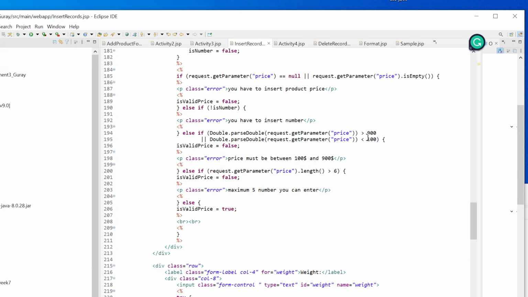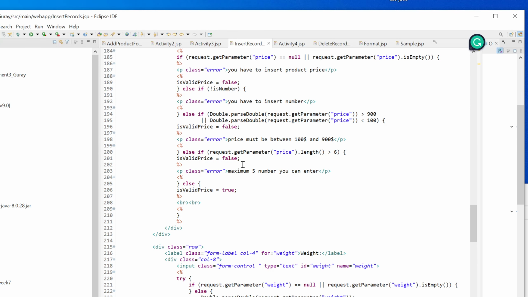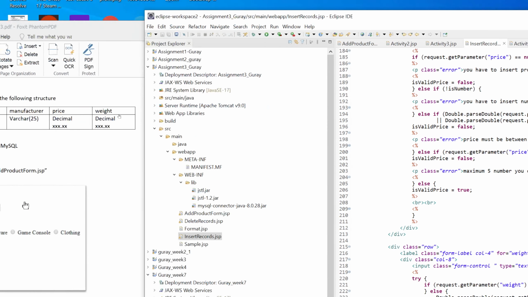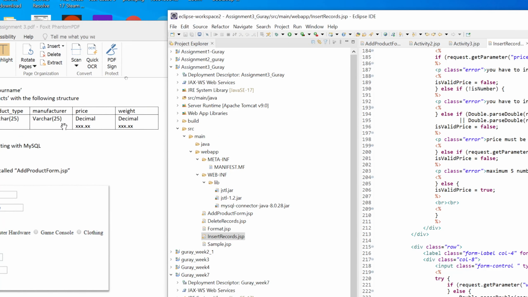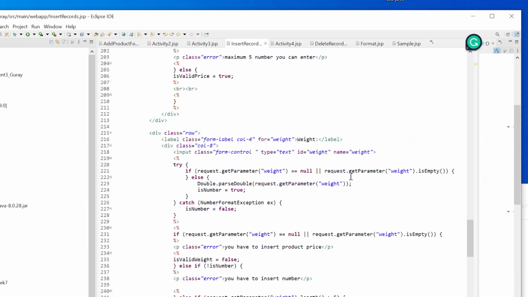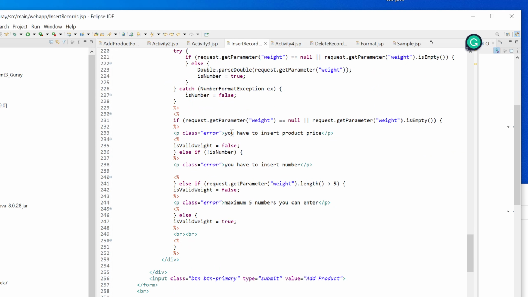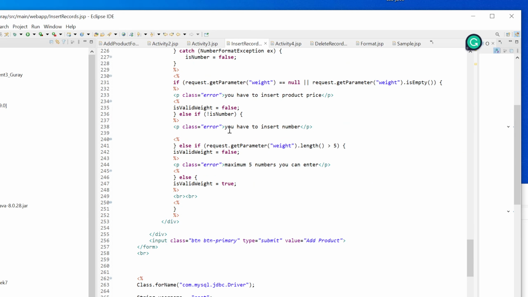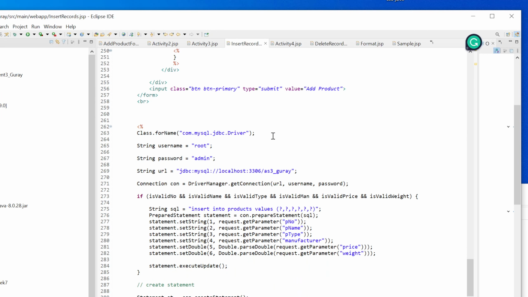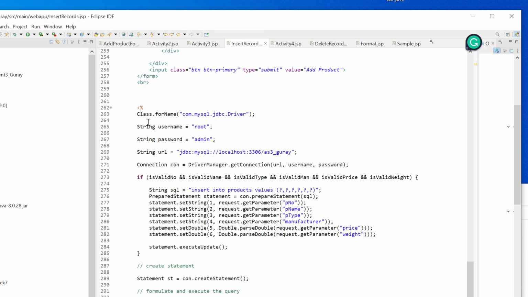Also, we are checking that the price needs to be between $100 to $900, and then also we are checking the length, so it cannot be bigger than this structure. Again, we are doing a similar validation for the weight, checking if it is empty or if it is not a number, checking the length, and finally we just